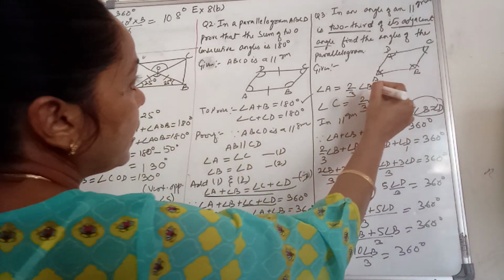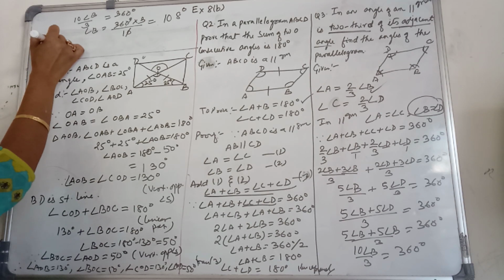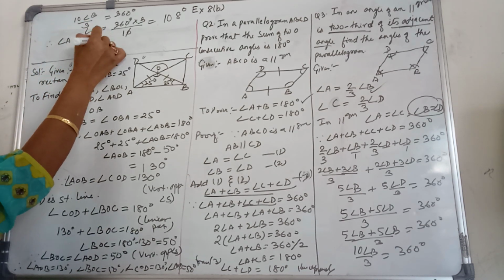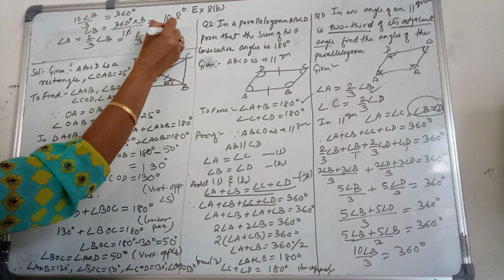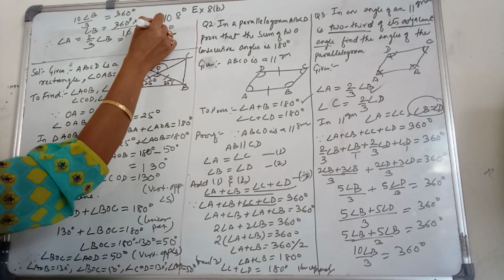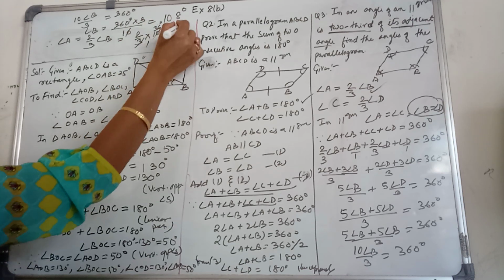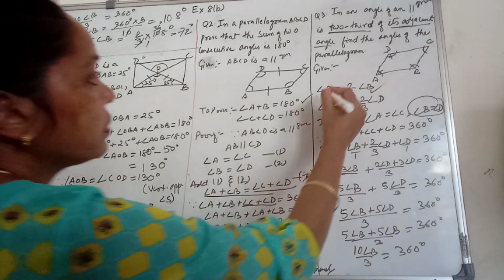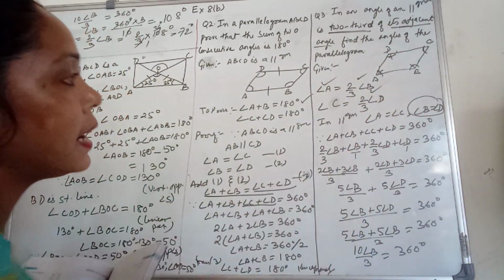Now you got angle B. Now by getting the angle B, can you write? Therefore angle A is equal to 2 by 3 of angle B, which is equal to 2 by 3 into 108. So cancel it. 3 1 are 3, 3 3 are 9, 3 6 are 18. So multiply 36 into 2. This one will be 72 degree. So we got this one, angle A and angle B.